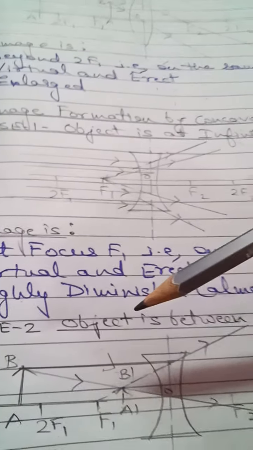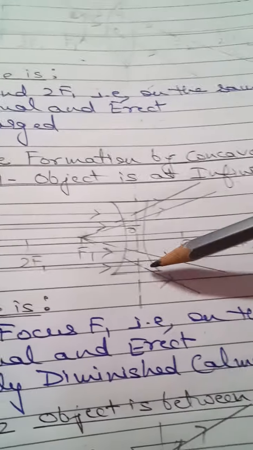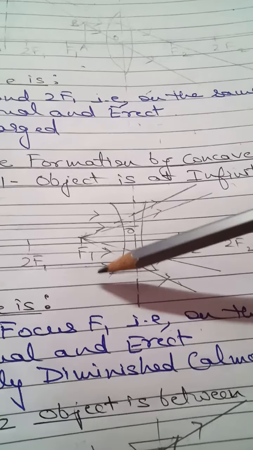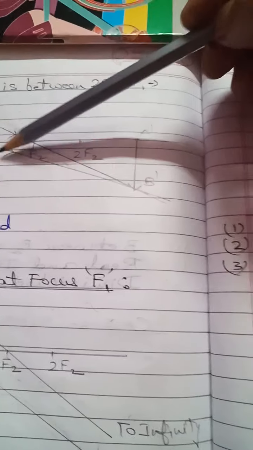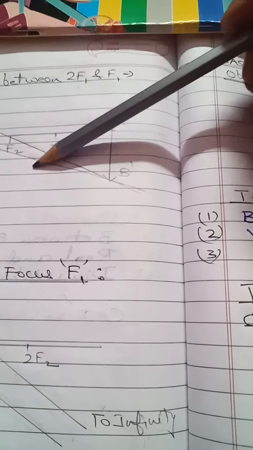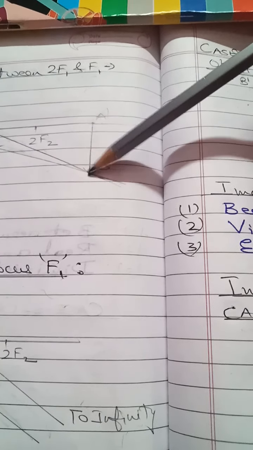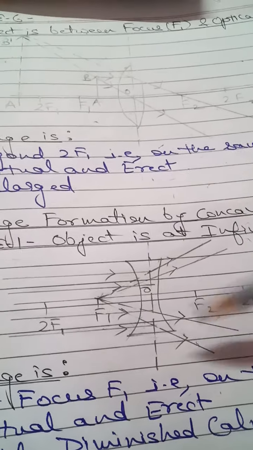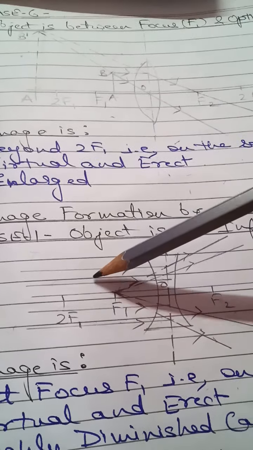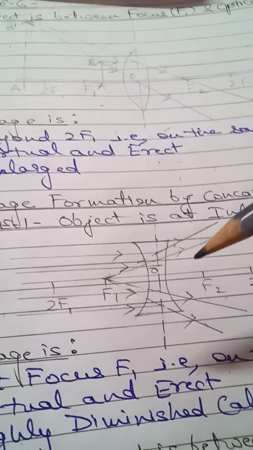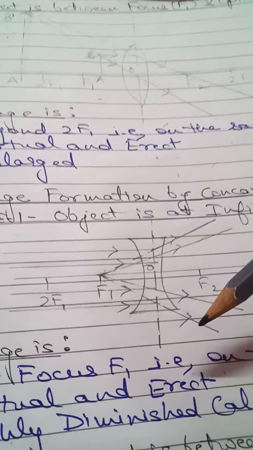So students, convex lens is also called a converging lens, and a concave lens is called a diverging lens. A concave lens diverges the light beam, and a convex lens converges the light rays. Converges means they allow the light rays to meet at the same point. They concentrate all the light rays on the same point, whereas a concave lens diverges the light. Therefore convex lens is called a converging lens, and concave lens is called a diverging lens.